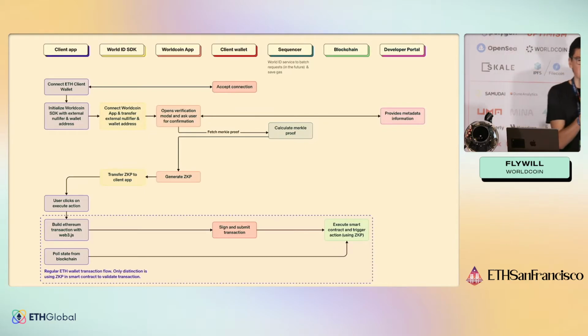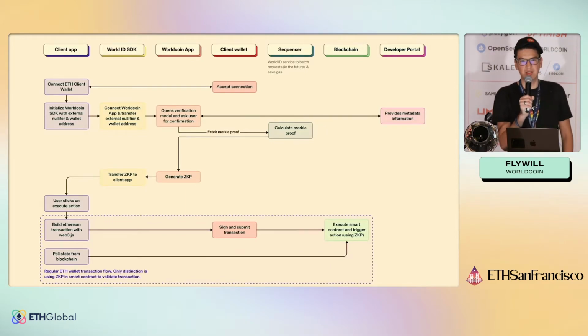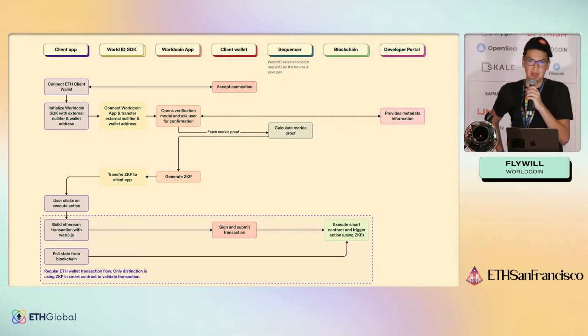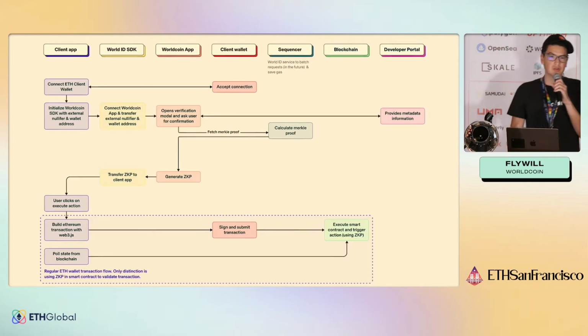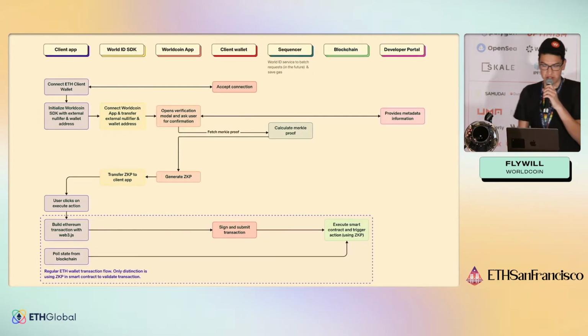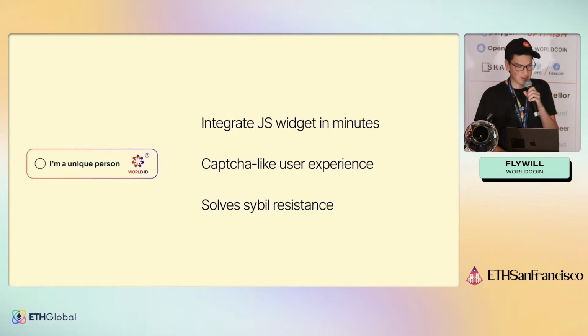So there's never a way to trace users together, but you as developers building an application can always use this ID to ensure a unique person is doing something only once. So if your application requires that someone only does an action once, you need to store this nullifier and compare it whenever a user is executing whatever action it is that you need. So all of this complexity can be very easily abstracted.